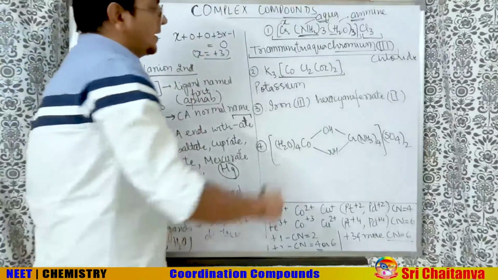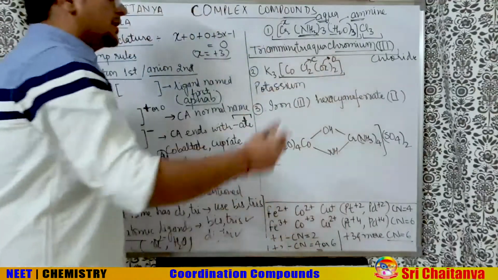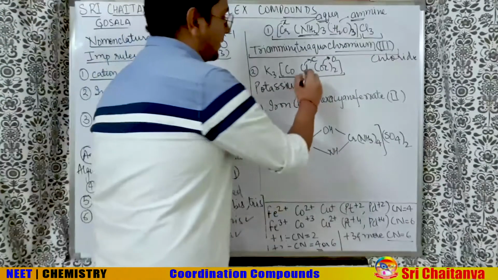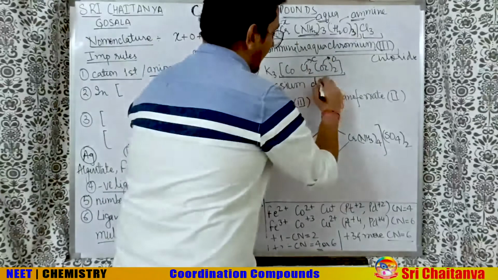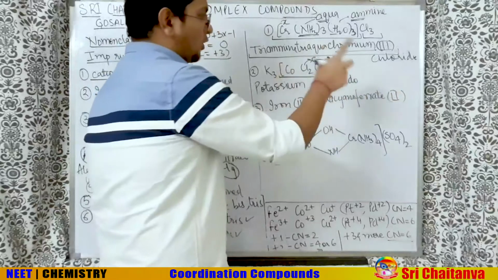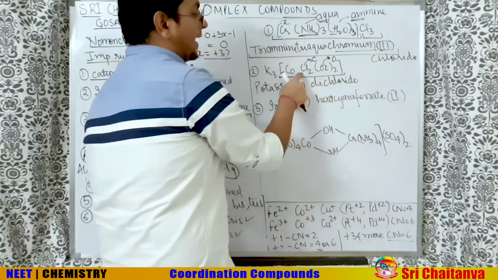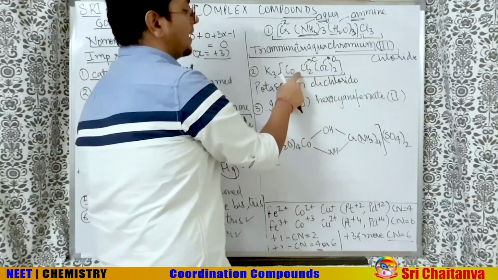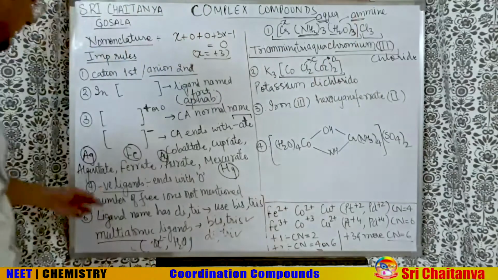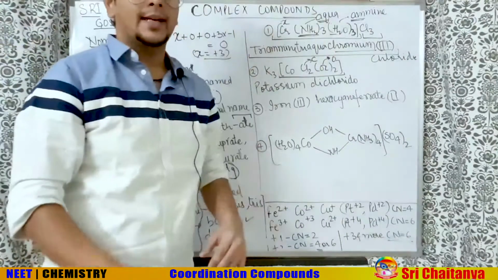So let us see. This is chlorido, this is oxalato, symbol C, symbol O. So obviously in A, B, C, D, C comes first, O comes later. So I will write, there are 2 of chlorido, so dichlorido, or dichloro also we can say. See, Cl minus was outside, I have written chloride. When the ligand has a negative charge, that means a negatively charged particle is inside the box, in that case I will use the letter O at the end. So when the negative ligand is there, it ends with O. When the free ion is negative, the normal name is there.